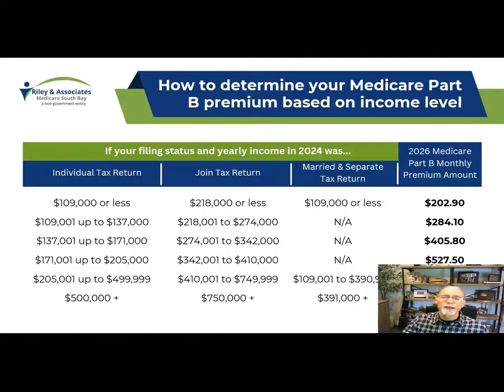And then something else too is that when they determine what your Part B premium is going to be, they look 2 years back on your tax return to determine that. So if your most recent return is lower and it drops you into a lower bracket, then you can file what's called an appeal, and Social Security will review it and then possibly lower your Part B premium. We can help you with that. We've got an email and the form and all of that. So, okay. Now let's go ahead and jump in.